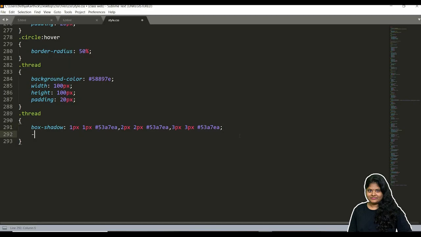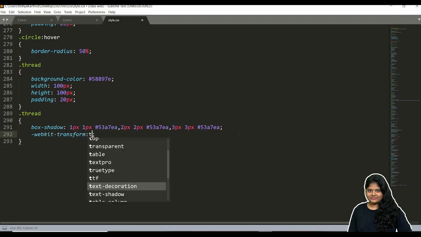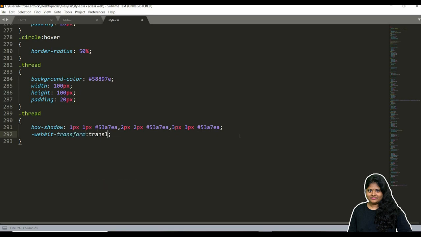Then we can use transform. Transform means it should show from one place to another place. Webkit hyphen transform colon translateX, in brackets we can give 3 pixels in the anti-clockwise direction.